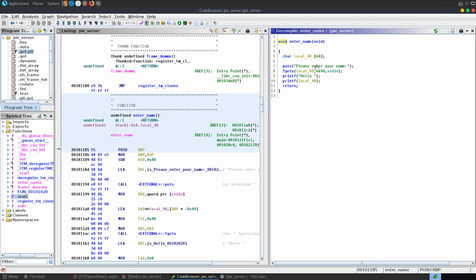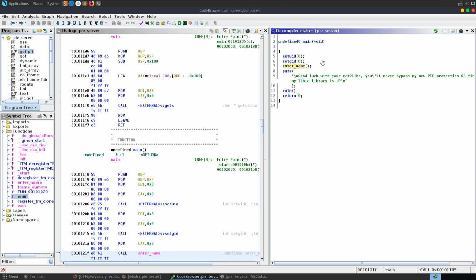This is where we're going to leak some values off the stack. So what we want to do is try and find out what index do we have to some kind of function or something in the program that's going to be the same each time, that we can then find our way back to the base of the binary, and then from there we'll know where all of the functions are. So that's what our goal is going to be, to leak out something which we can then use to calculate the PIE base. Once we've done that, and we've got to the standard place that we have been in our previous binaries where we know where all the functions are, we can call anything in the program,